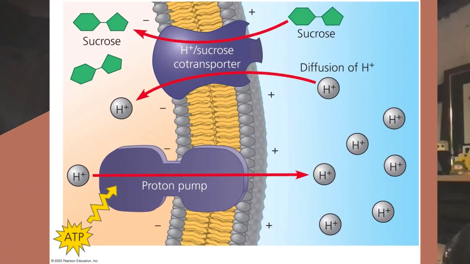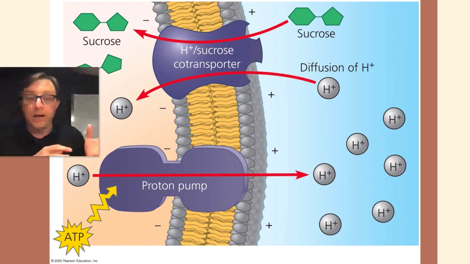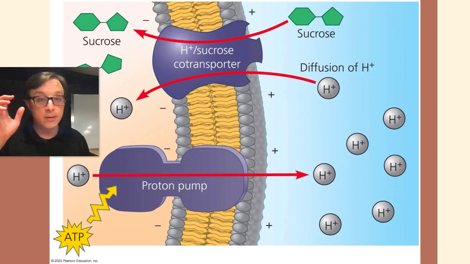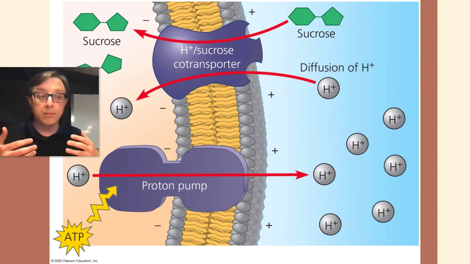So here is an example of a co-transport system. There are 2 proteins involved, right? The proton pump there, that is the actual active transport protein, right? And you see it is using ATP to pump hydrogen ions out of the cell, right? And create this hydrogen ion gradient, where there is high hydrogen concentration outside of the cell and a lower hydrogen concentration inside of the cell, right? So now that there is this gradient set up across the cell membrane, there is energy here. The cell can now use that energy in the gradient